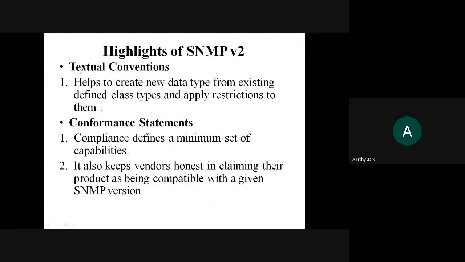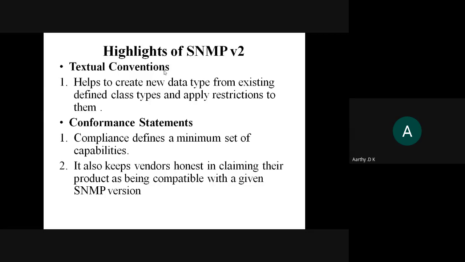The next one is textual convention. It will help you to have a new kind of data type, but you cannot have it as a completely new type; you can just upgrade what you have. For example, to make it easier to understand, we had integer, right? Integer allowed you to have a value within a range.